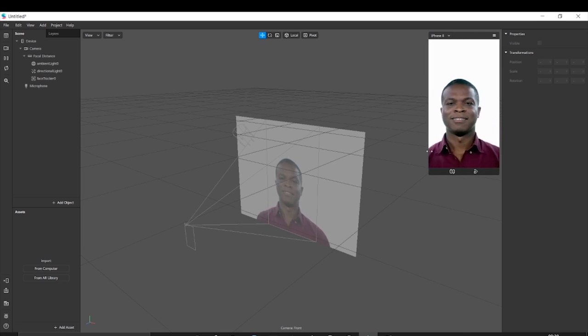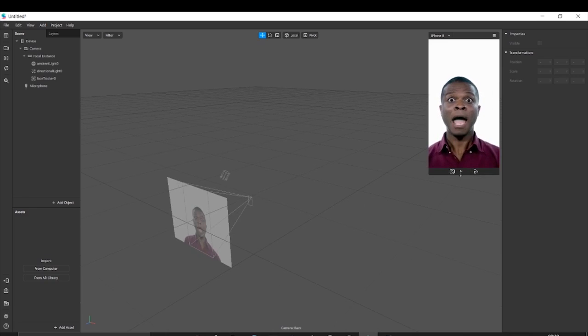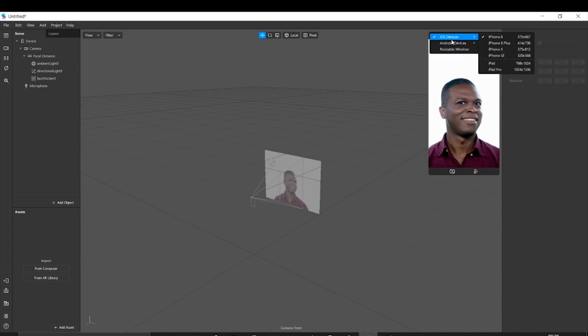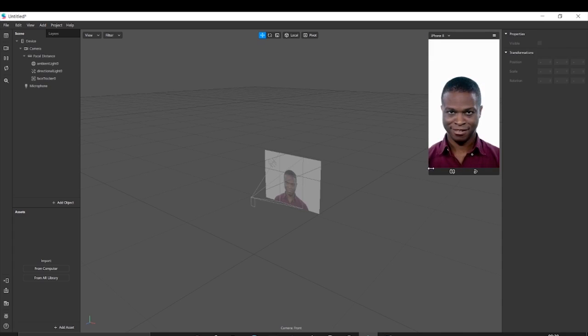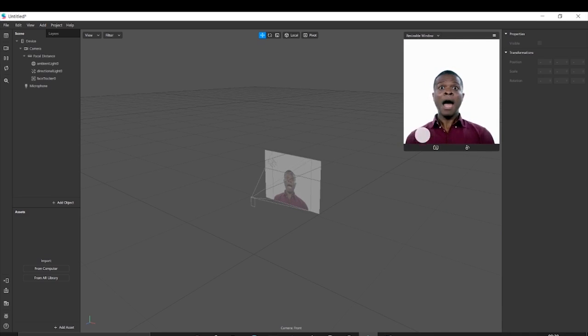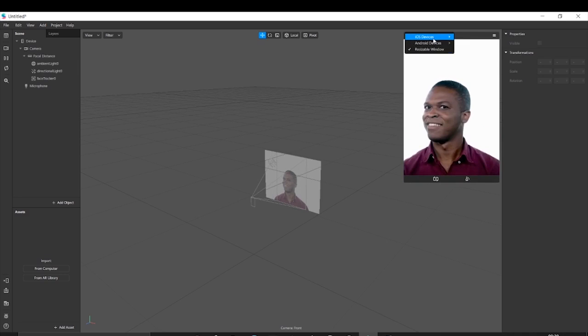And this is a simulator. This is very useful to see side by side what is happening in your scene, like how your filter is working. It can be used to change the camera from front to back. You have some options here like simulate touch. If you have something that happens on screen touch, you can simulate it like this. Rotate about 90 degrees and all these options are there. You can even change the phone, change the size, and have a resizable window. So yeah, you have that option.